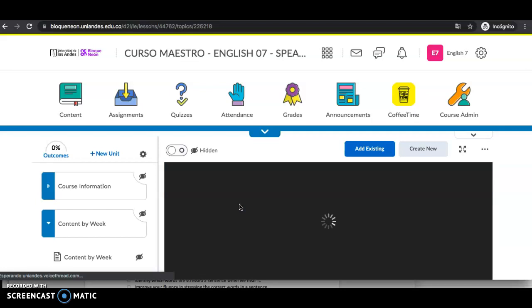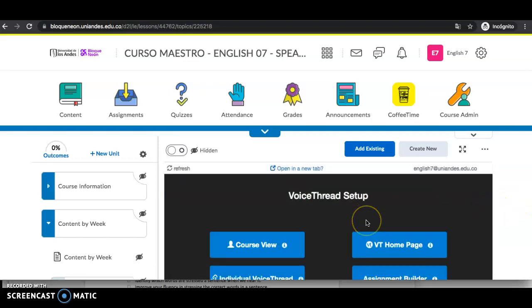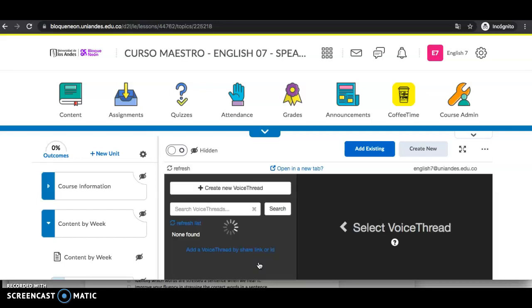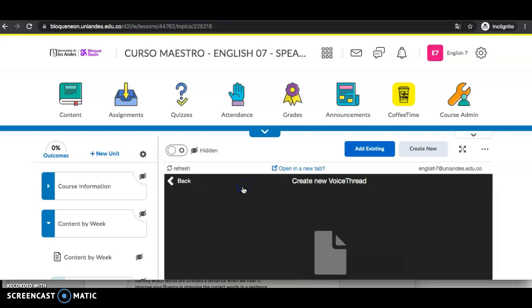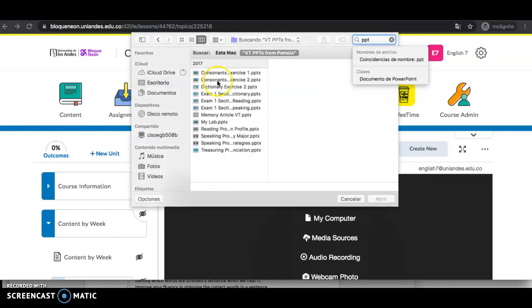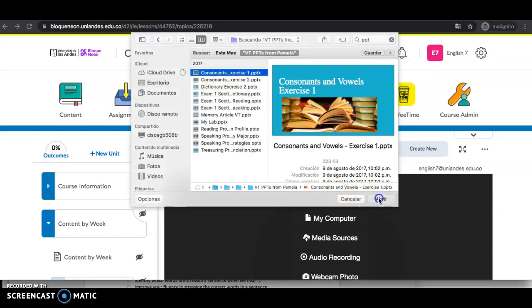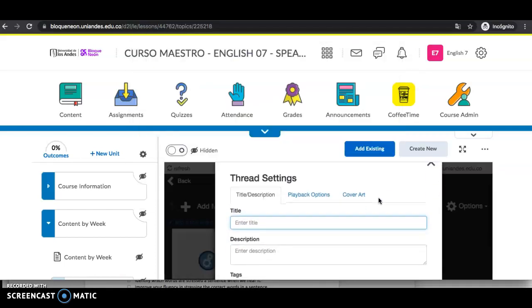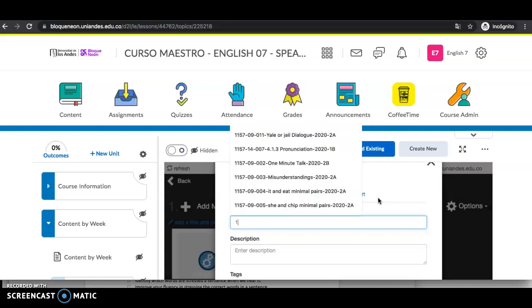And it's very similar to what we did before on SQL. So individual voice thread, create new voice thread, add media, and then you add the corresponding PowerPoint that you want in the background. And we're going to use the same